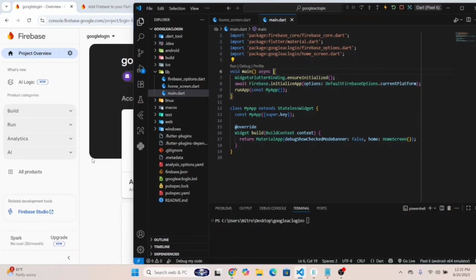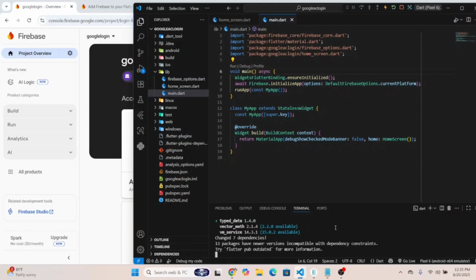Okay, now let's add the Firebase Auth package. Run this command, flutter pub add firebase_auth. And if we stop the app and run the app again after adding this Firebase Auth package,